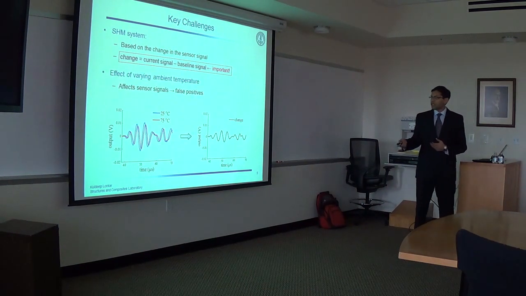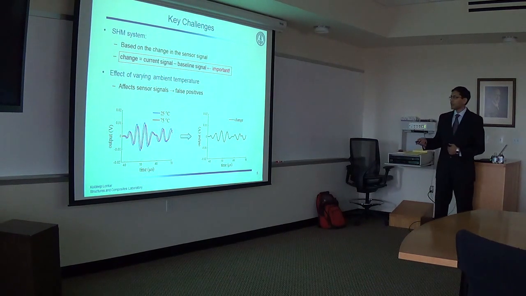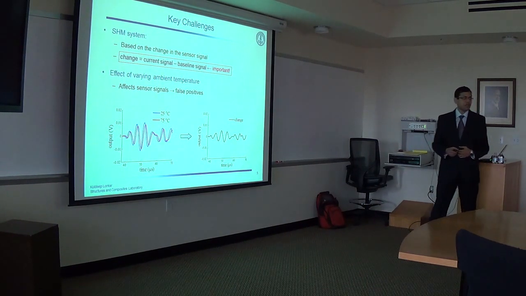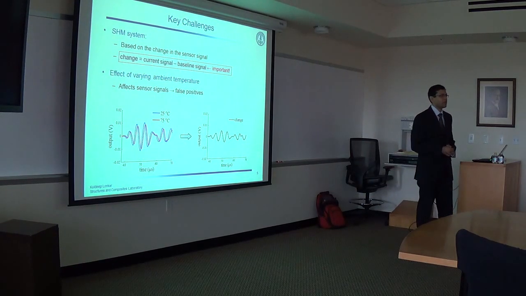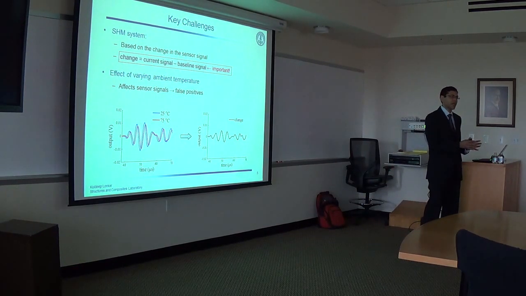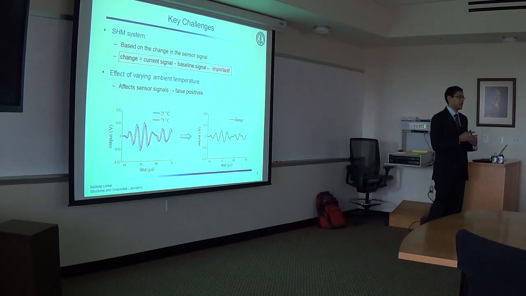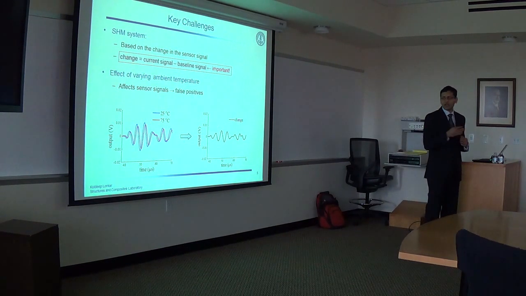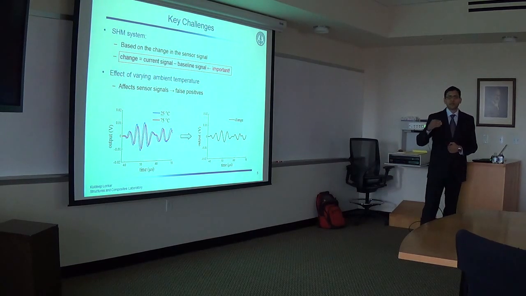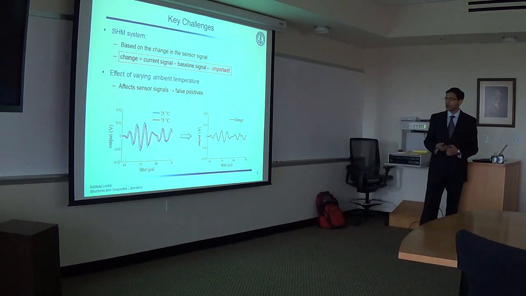For example, if there is any change in the temperature, the sensor signals are going to change. Here I have shown sensor signal at 25 degrees C and 75 degrees Celsius. And this change is only because of temperature change. Now if we don't understand how the temperature has changed the signal, the diagnostic algorithms will result in false positives. Now the sensor signal amplitude sometimes increases with temperature increase at some frequencies and sometimes it decreases at certain frequencies. So it's a very challenging problem.